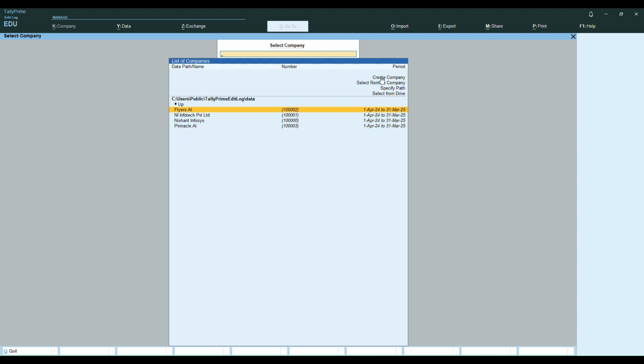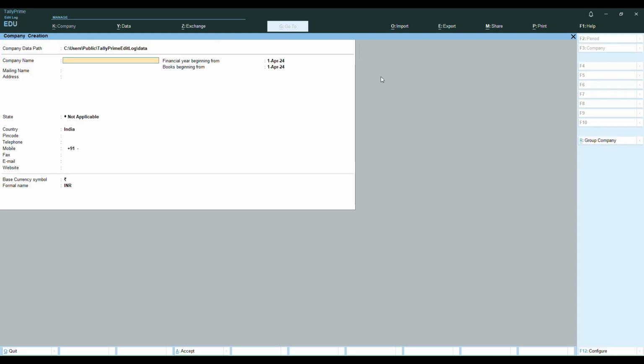Double-click on the Create Company option and you will be redirected to the Create Company window. We have to firstly name our company. Let's name it Excellence Private Limited.